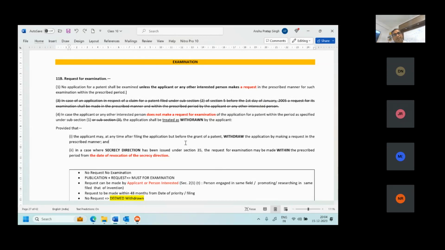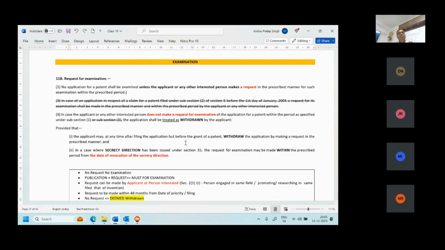Section 35 secrecy direction, section 39 foreign filing license, section 40 liability in contravention of 35 and 39. Section 40 talks about the offense which is related to 39. So if you relate 35 and 39, you will remember the sections like this.